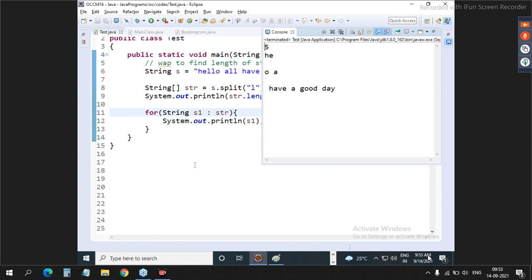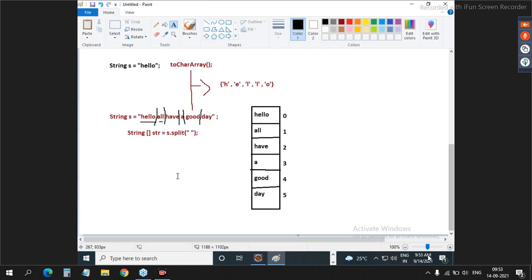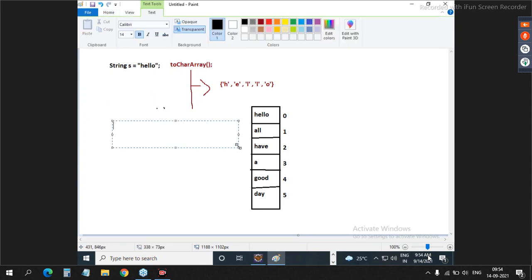Guys, how is it working? Pay attention, everyone. Observe here. What is the string?